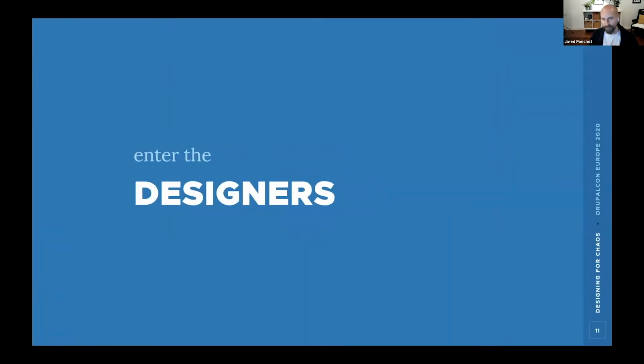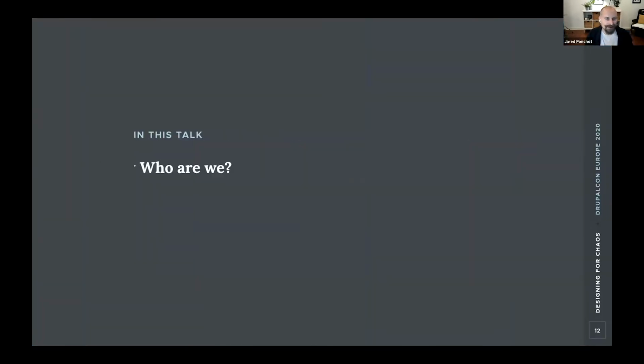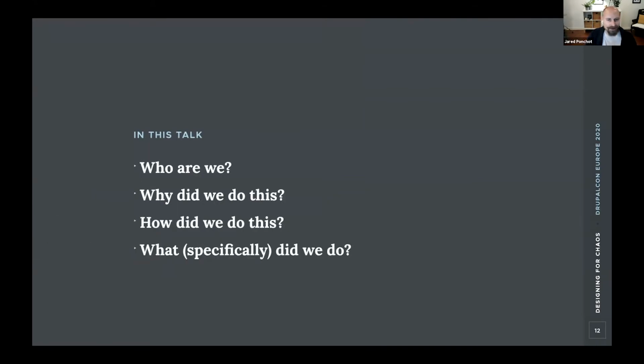And it was kind of at that point where they had framed what they were hoping to do or why they were interested when they reached out to Jen, who talked with me about it. And then we decided we were going to pretend like we knew what we were doing, designing an open source CMS theme. So this talk is going to attempt to answer a handful of things. Who are we? Why did we do this? How did we do this? And what specifically did we do here? And the good news is you're already here. So we're flying through this.